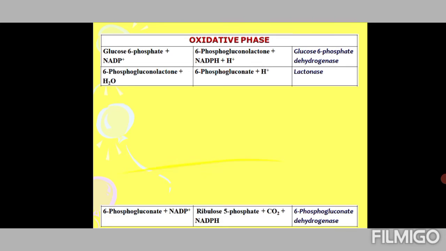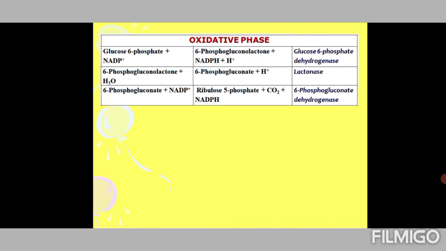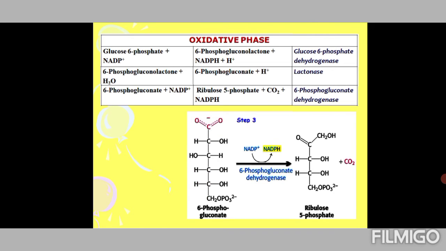Now the next step is 6-phosphogluconate gets converted to ribulose 5-phosphate in the presence of 6-phosphogluconate dehydrogenase. Let's see how. Here again, this is actually oxidative decarboxylation. So it involves an oxidation reduction reaction as also a decarboxylation reaction. The carbon dioxide is lost from the first carbon here, as can be seen,